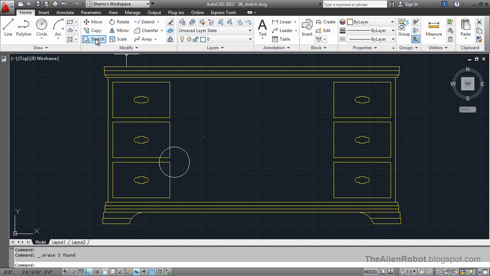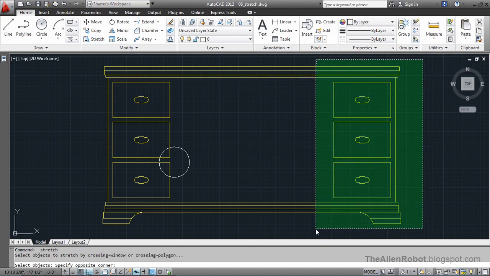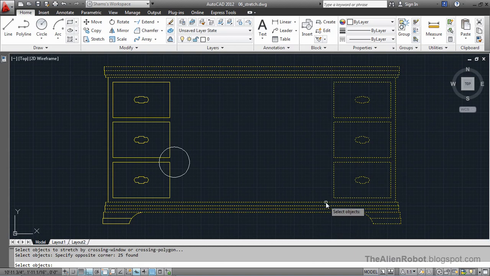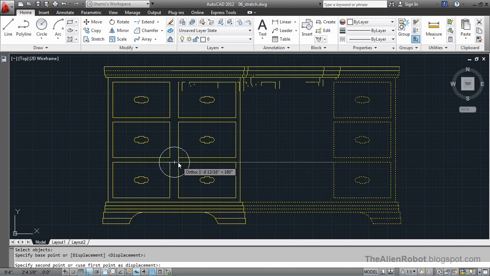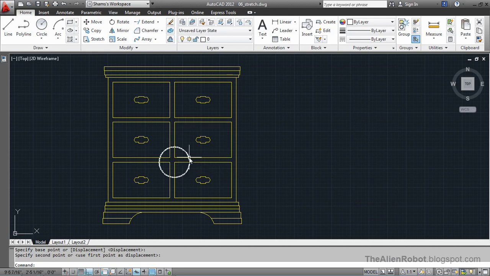I'm going to launch the stretch. I'm going to make a crossing window and select all these points. Now right click, I'll pick it from this endpoint and put it to the center of this circle. I'm going to delete this circle. Delete. Now this drawer doesn't look bad, but I don't really like it because the cabinet is too small and